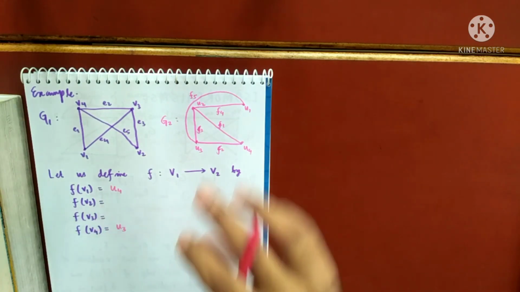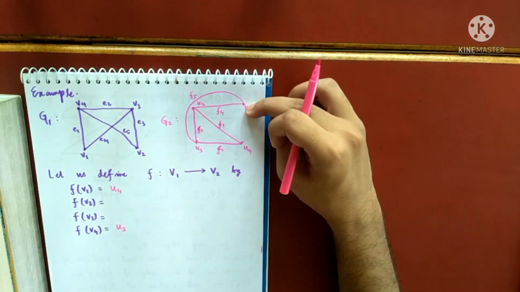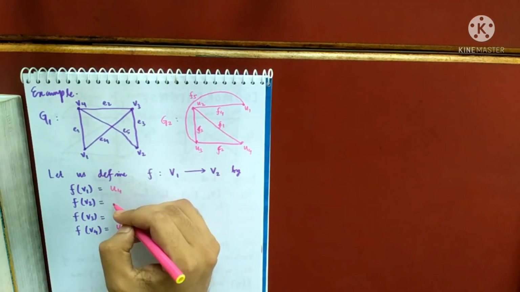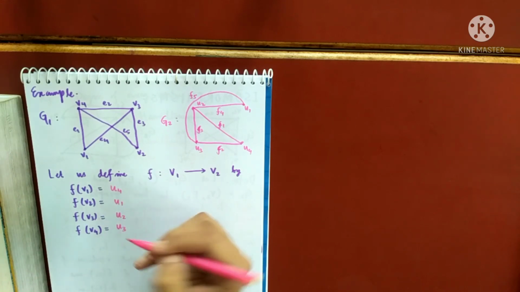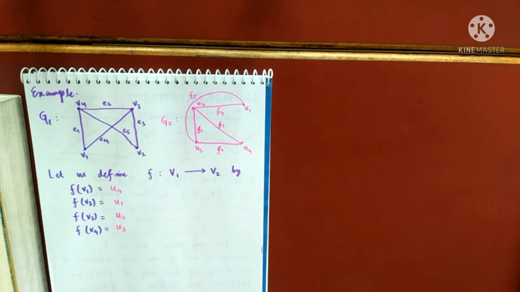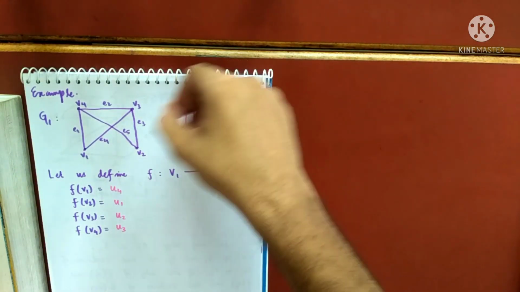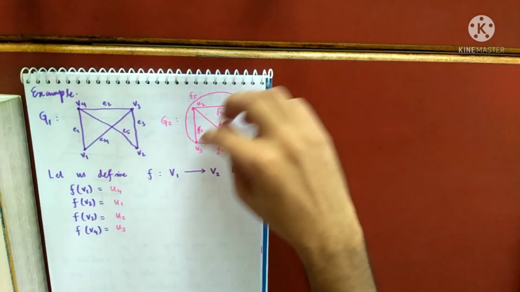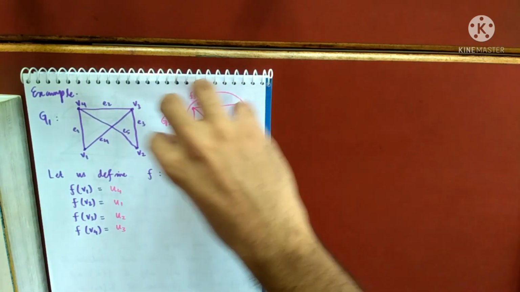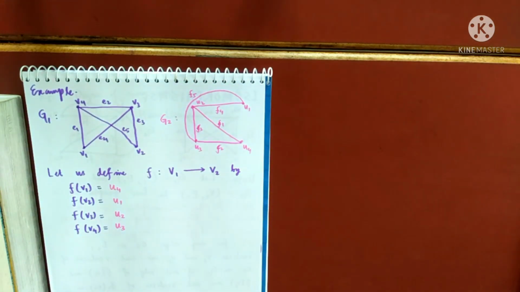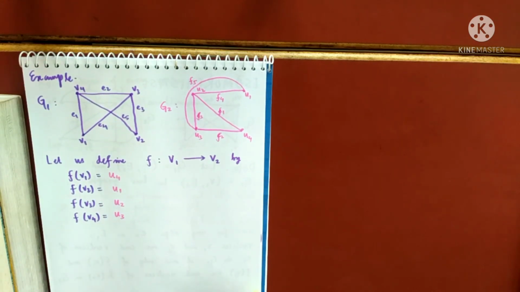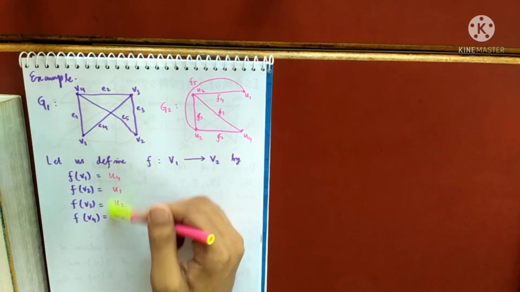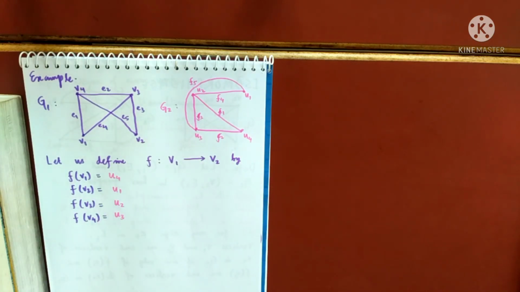Where will V2 go? Let's see. If I rotate like this, U1 will come here. That means V2 will go to U1, and remaining V3 will go to U2. You may check, just try to imagine. If I rotate like this, U2 will take the place of V3. Then only they are exactly the same. So definitely this is a one-one and onto map. That is very clear because all are distinct and they have the same number of elements. So this is clearly a bijective map. So one task is done.